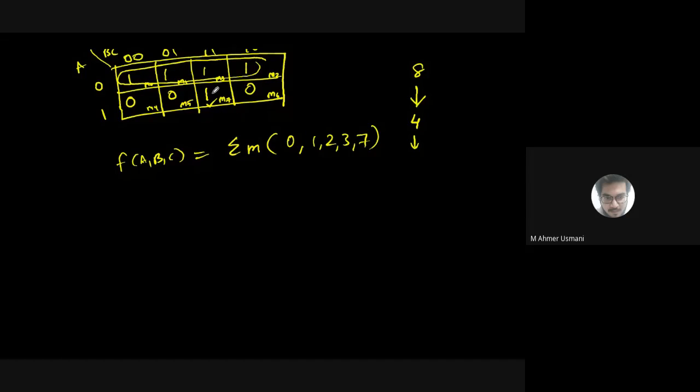No. So I need to make a group of 2. Can it be covered in a group of 2? Yes, it can be covered. So I need to make this as another group. Okay, so this was my group number 1. This is my group number 2. Have I covered all the ones? Yes, sir. Since I have covered all the ones, I can write down the function as a combination of one group